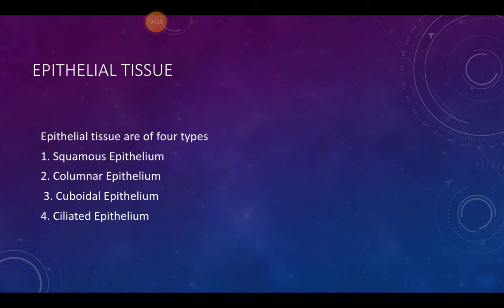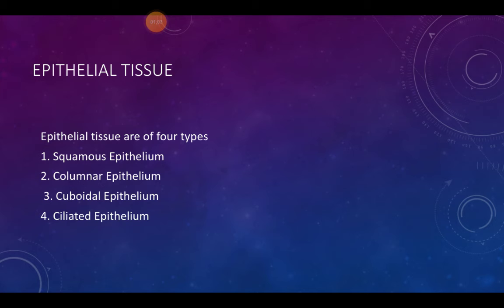Epithelial tissue. Epithelial tissue is made up of closely packed cells. The cells may be flat, cuboidal, or columnar. There are no intercellular spaces. Location: it forms a continuous layer over the surface of organs and inner lining of the body cavity. Functions: its main function is protection. It also helps in secretion of mucus and saliva and absorption of digested food.